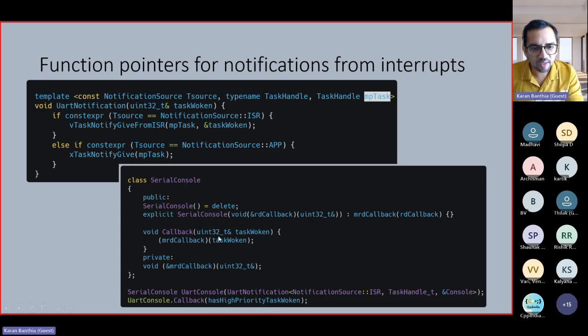So when I create a serial console, I'll create it in the constructor. I will pass this function with ISR because I'm getting it from an ISR. I'll pass the task handle, and I'll pass this console as the task handle. If